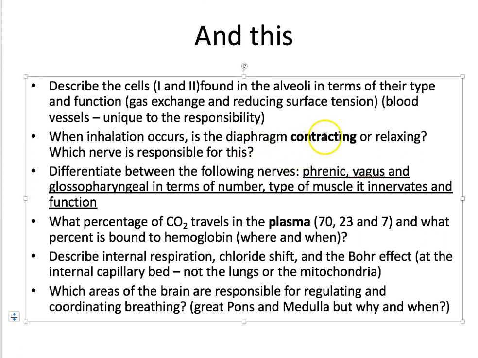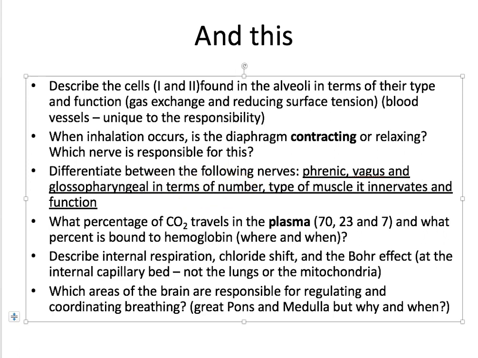Okay? It's going to be, what type of contraction is going to happen? What are the muscles that are going to be used? You know, we want passive breathing versus active breathing. That's what I want you to be thinking about. Differentiate between the following nerves. The phrenic nerve is not a cranial nerve. It's not. Okay? The vagus and glossopharyngeal are cranial nerves, and they collect specific types of